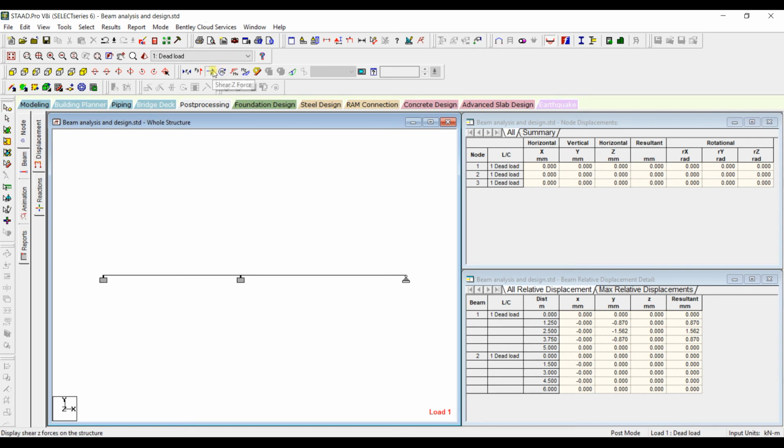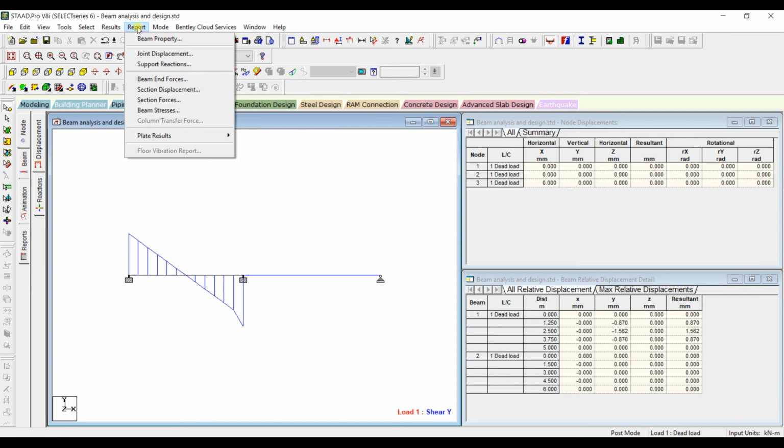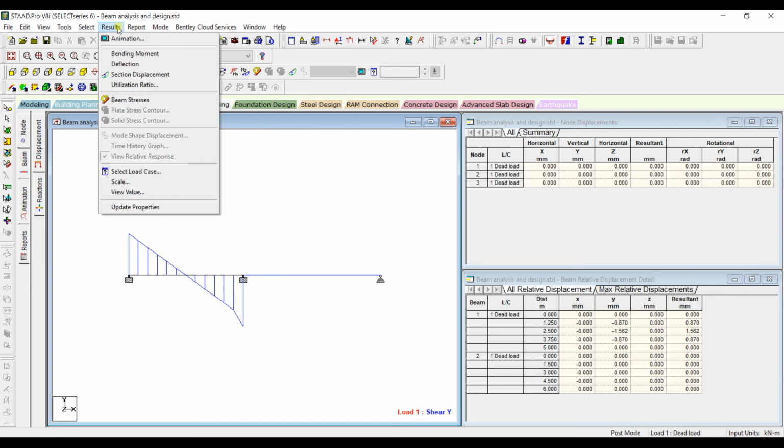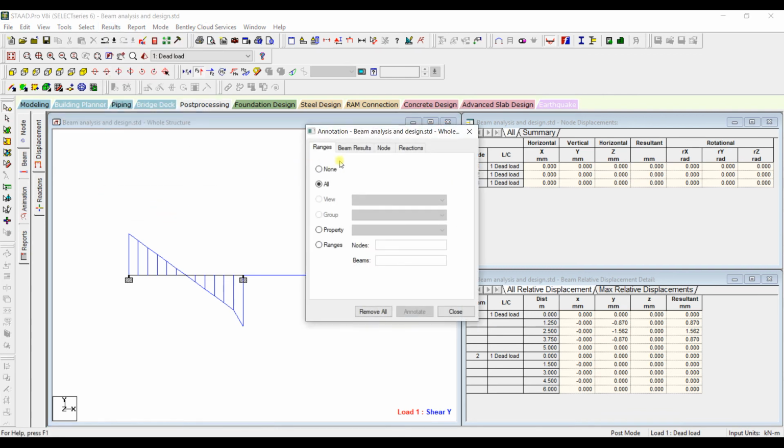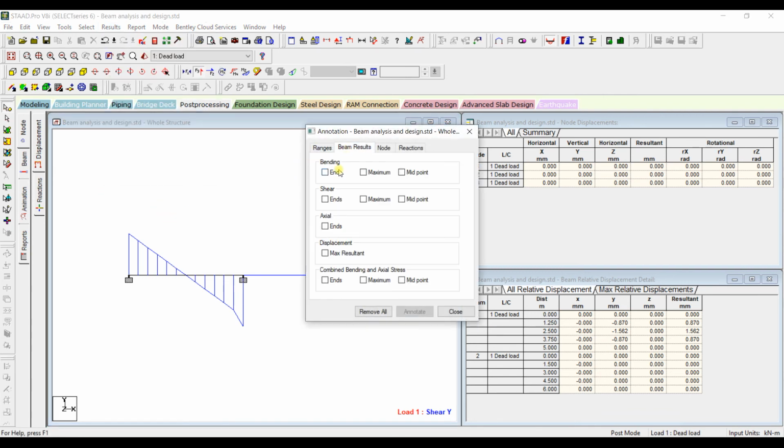To see the shear force diagram along Y, you need to click over here and you can see the shear force diagram for this particular beam. Now to see the values of shear force and bending moment, you need to go to the design tab and click on view value, select beam results.